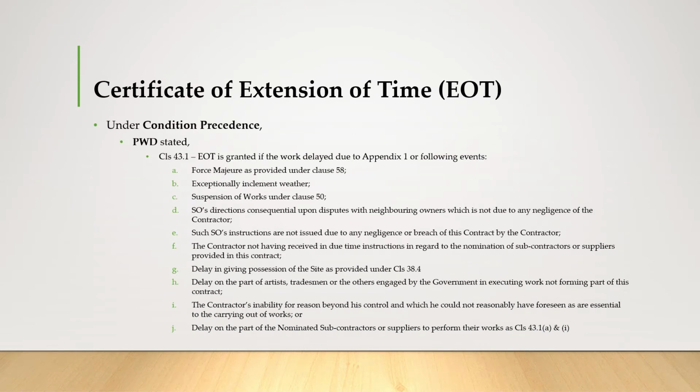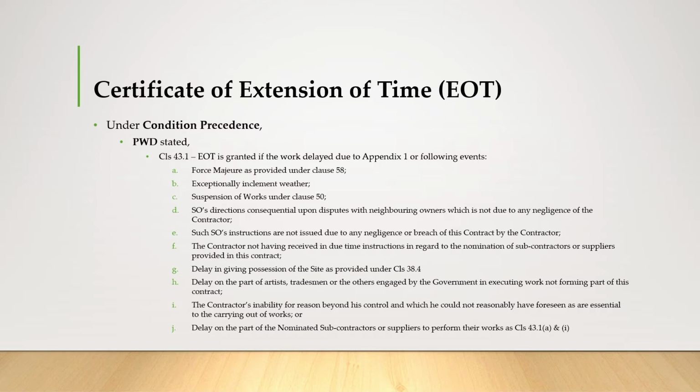So under the condition precedents in PWD, as stated in clause 43.1, EOT is granted if the works are delayed due to the following events in Appendix 1. A. First, force majeure as provided under clause 58, then exceptionally inclement weather, and also the suspension of works under clause 50, and also the SO's direction consequential upon dispute with neighboring owners, which is